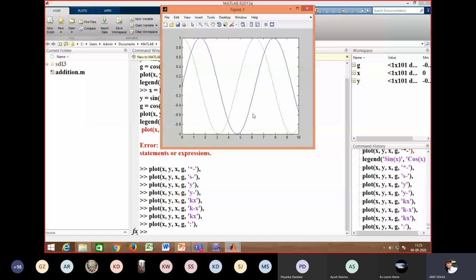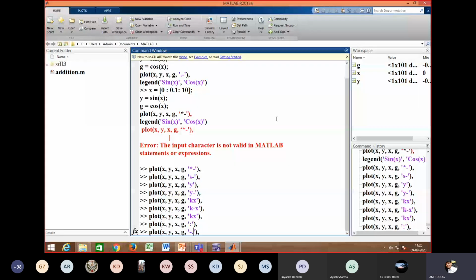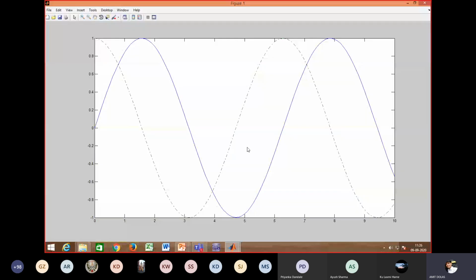Colon is for dotted line. Then if it is dash and dot, it will be dash-dot. Let's try very few examples. It will provide you dash and dot on the screen.